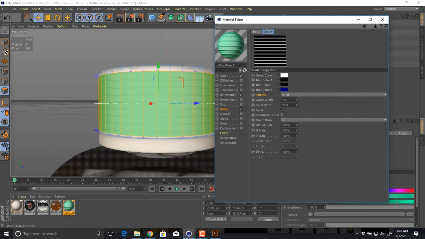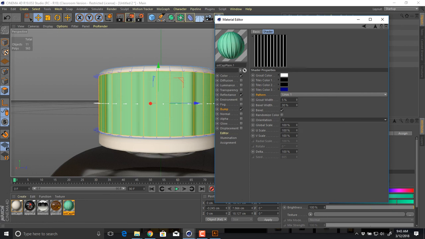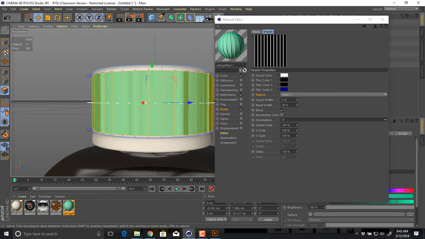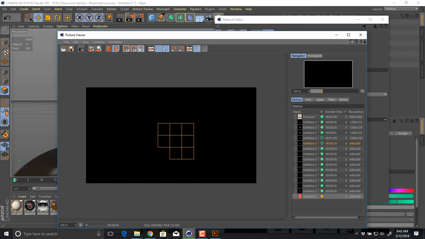And if you look here, you can see what it's doing. It's actually creating those little lines for where the cap would be. It's facing the wrong direction on here. If you look at it, the lines are going left and right. I changed this to V, and now they're going up and down. So now when I render this,